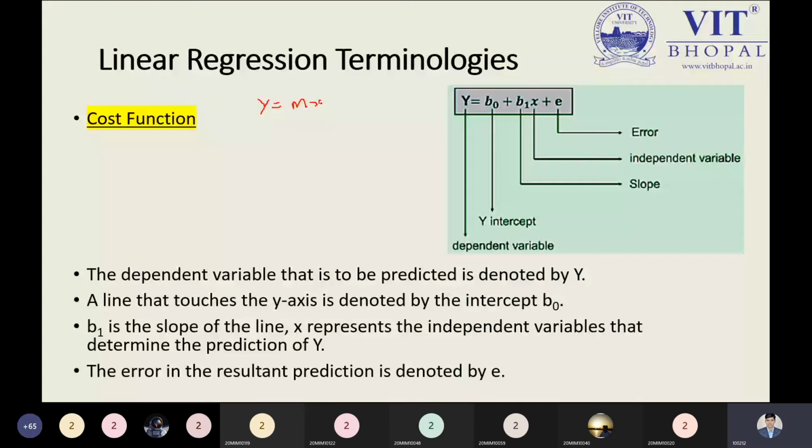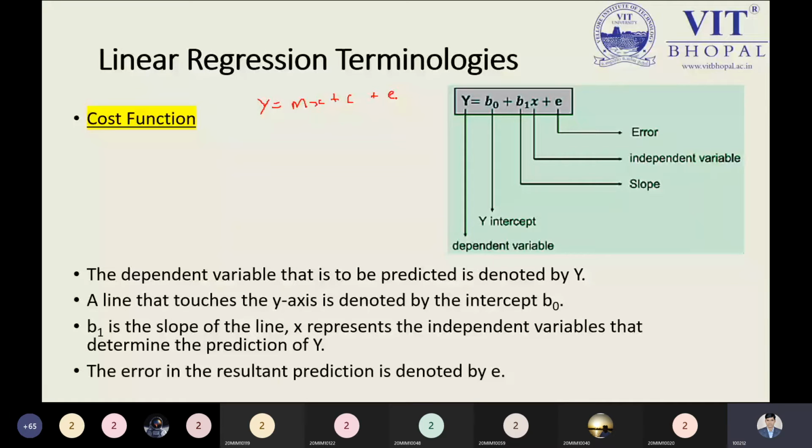So the intersection point is required, the slope is required, and x and y are also required. But this e is also added here in case there is some error in the data points, that is, the difference between the actual data points and the predicted data points. So the error will be such a gap or difference. But if we don't have any error, it means that the predicted data points are on the same line, or best suited on the line, then we can say the error would be